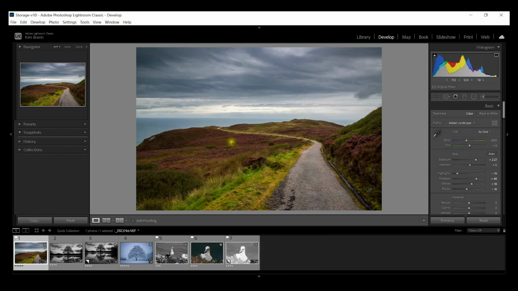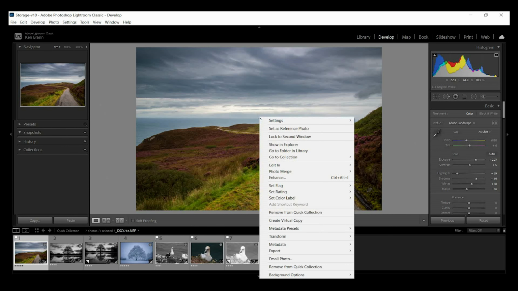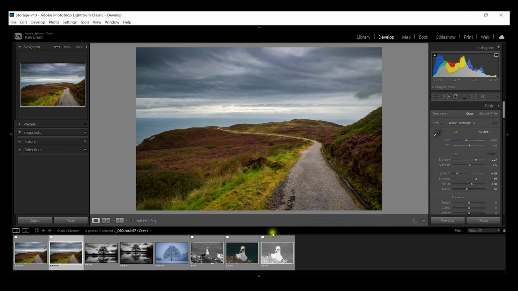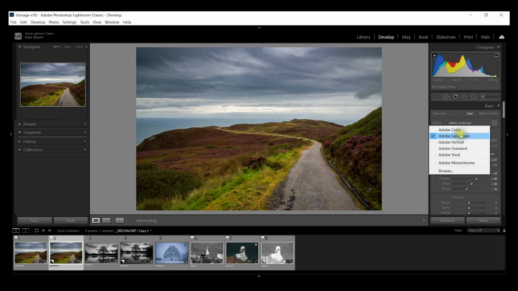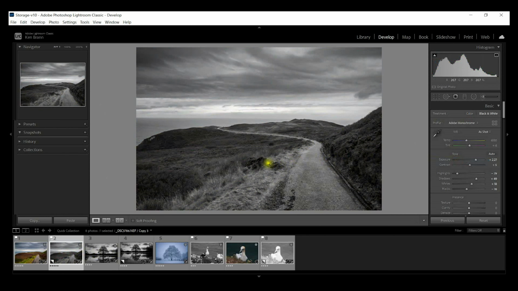A virtual copy is basically how we do it: we come in here and right click on the photograph inside of Develop, and then we say Create Virtual Copy. Now if we create a virtual copy and change the color on this one to black and white, just monochrome, it doesn't go back and affect the original image. And at this point, I have two images in the catalog.